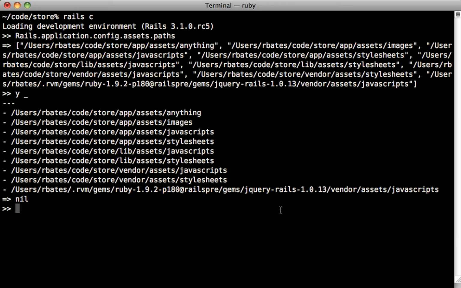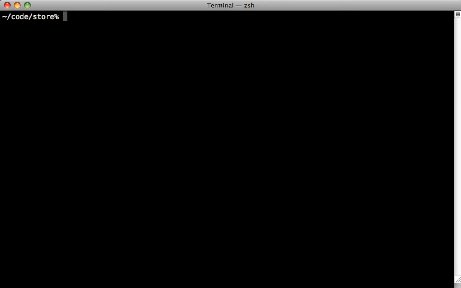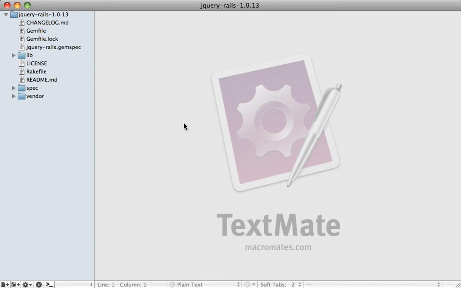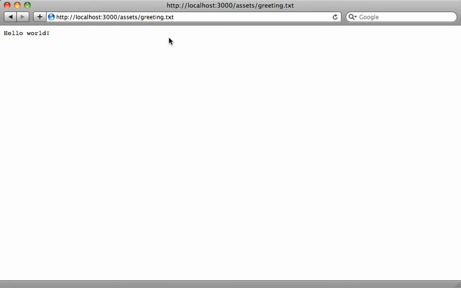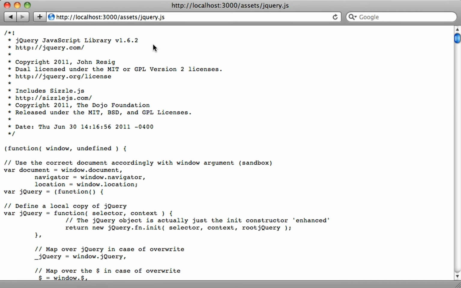So this is actually from an engine that we included in our application. And you can see that if you check in your Gemfile, you have the jquery-rails gem loaded up by default here. And we can even look inside that gem by using the bundle open command and passing in the name of the gem, and that'll open it up in the text editor you have specified in your shell. So here's that gem, and would you look at that? We have a vendor directory here, vendor/assets/javascripts, and there's all of our jQuery files that we can load through our asset pipeline. So as you probably guessed, we can just call assets/jquery.js to reference that jQuery file, which is inside of the engine,